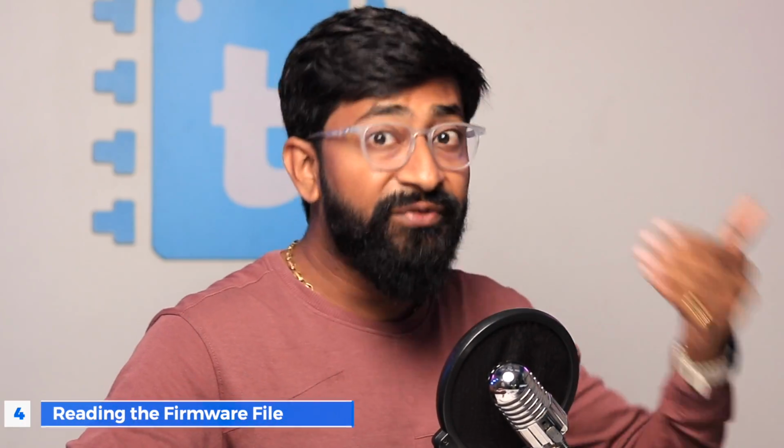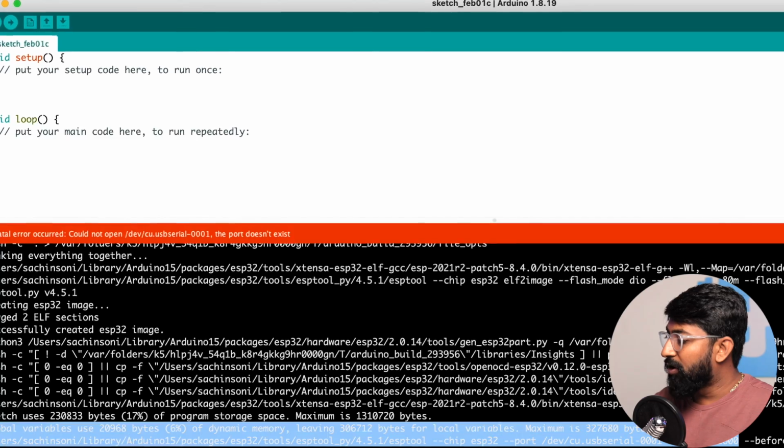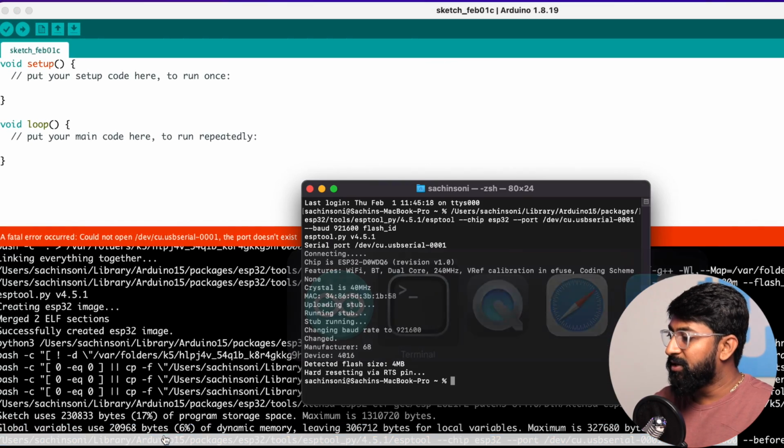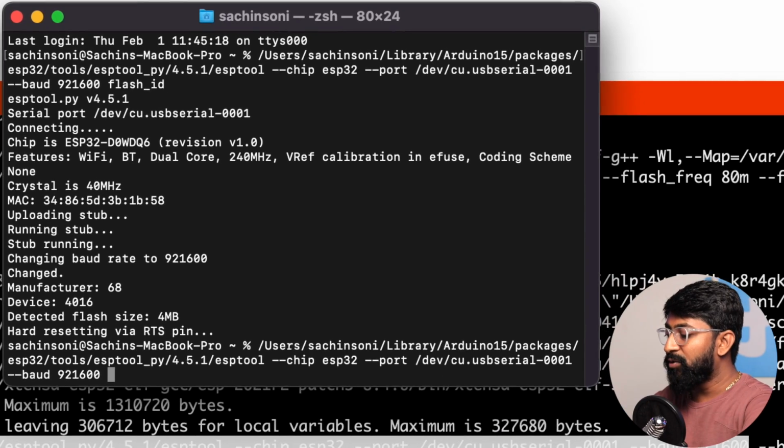Now step 4 is, we are ready to read the code, the firmware file of the ESP32 board. How to do that? Let me show you. For that I'll again copy this line up to the baud rate. I'll open the terminal once again, I'll paste it, and this time what I need to do is type